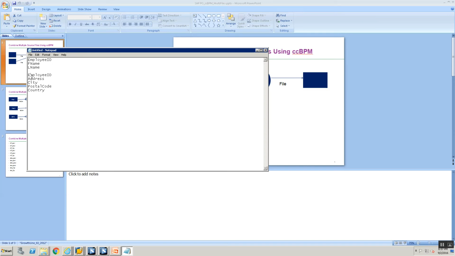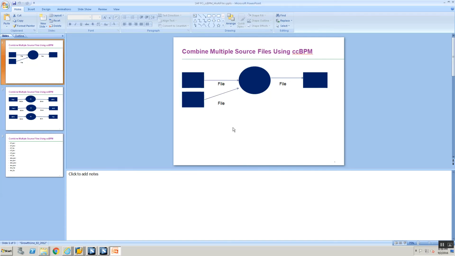This file can have, let's say, EMP ID. Make sure that the EMP ID is the same. So if employee ID 5 is coming, wait until this file is available, take the data from this file, combine it and push it out to a third party system. What if the requirement is for you to wait for a file until the next file comes in, correlate these two files with a particular number and then combine the data? If those are the requirements, again you need to use a ccBPM, and that is the exact scenario